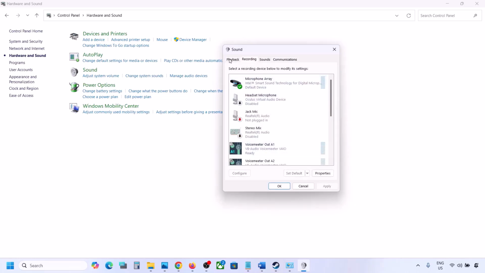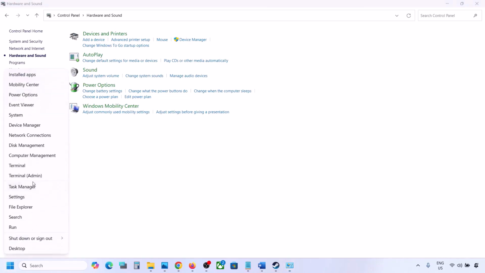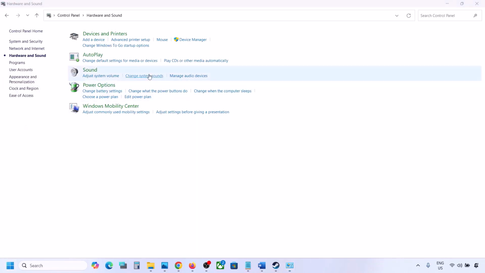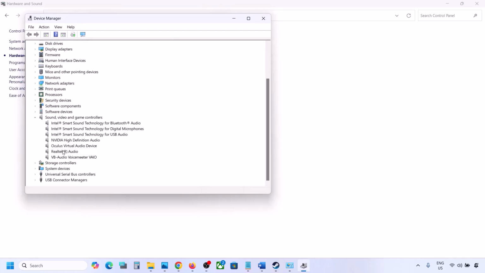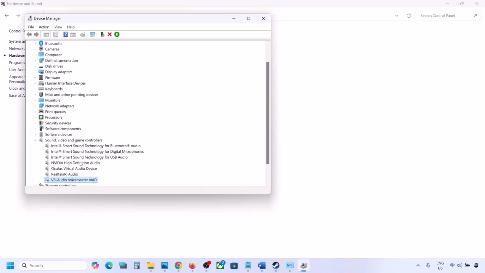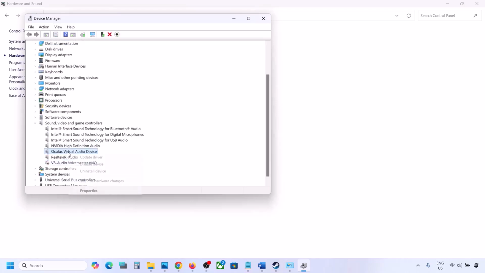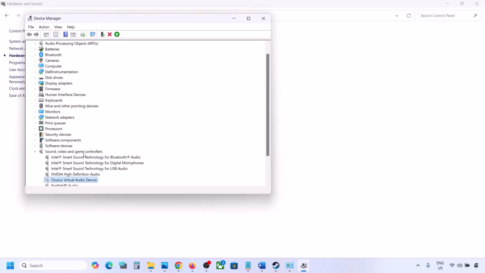So disable, and then you can do the same thing in device manager. Right click on the start menu, go to device manager, and then expand sound, video and game controllers. I'm using this Realtek, and the rest I'm not using, so I will just right click and disable them. You can always enable them whenever you want. Simply right click and enable it. I'm not using this Oculus, so I will disable it. Disable. If you have this NVIDIA which you're not using, you can disable it,